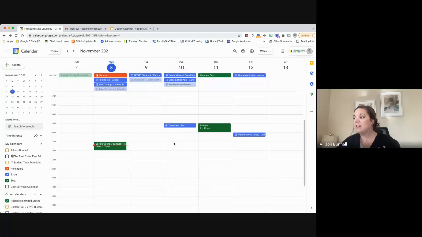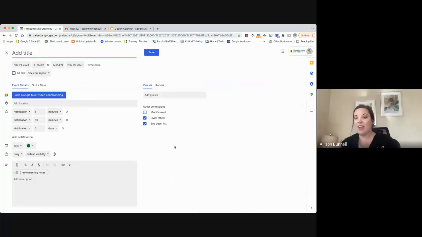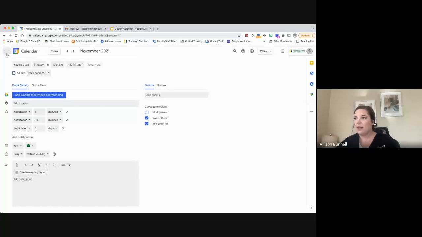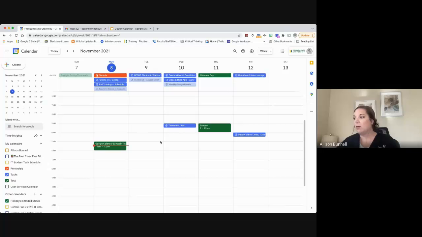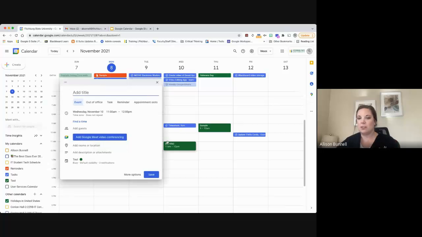Okay. If I double click, I lose that. I've kind of skipped a screen. So no worries, just X out, and again, go to your plus create, or just click once into a slot. I do want you to eventually go to more options so you can see everything. But before you do that,